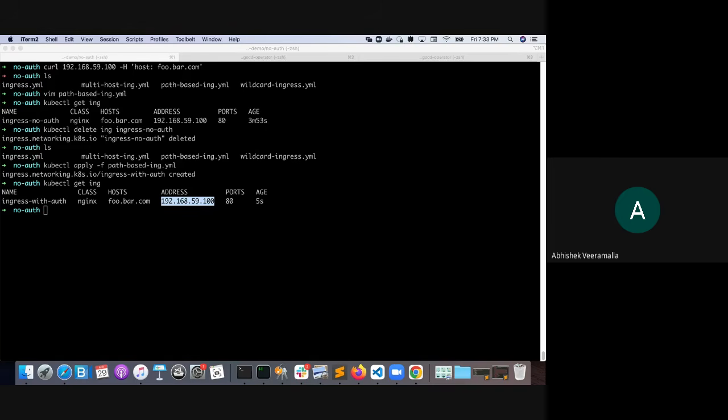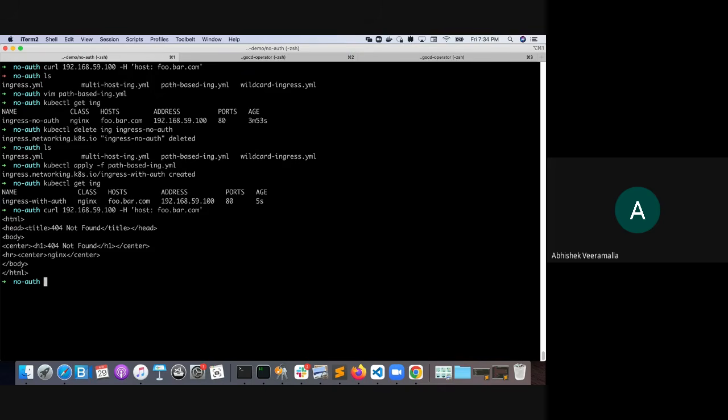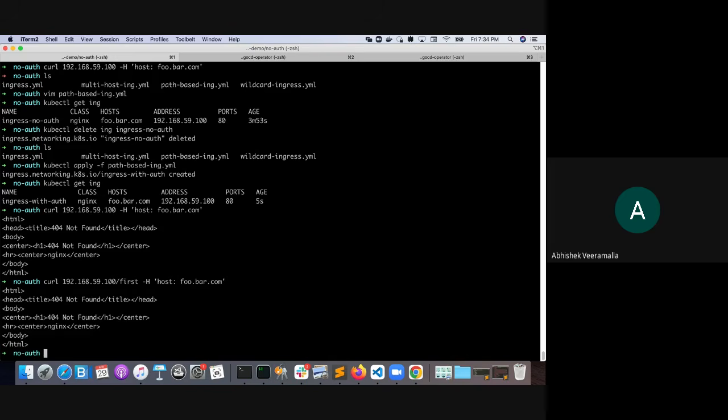It was pretty quick, but yeah. So now let me try to access the same URL. Now again you would receive 404 because I haven't defined any path. In the Ingress definition, I told the Ingress controller to only accept when the user is trying to access on one of these paths. Like it should be /first, then